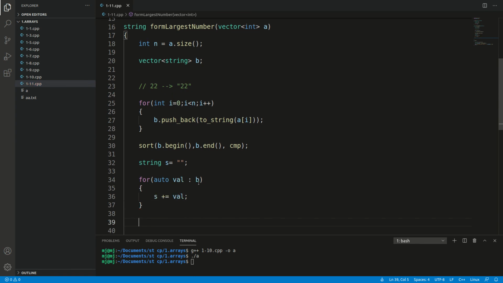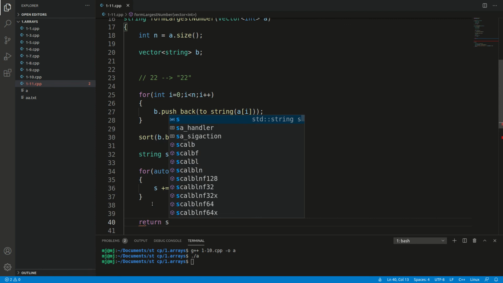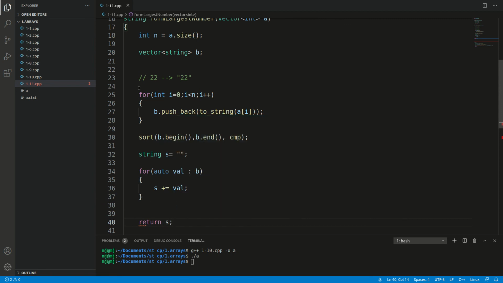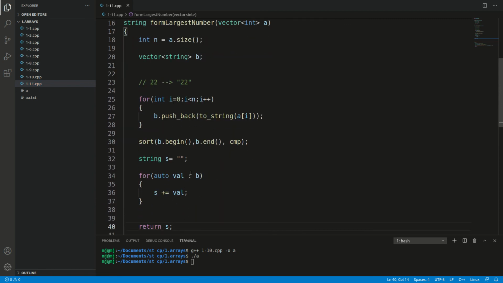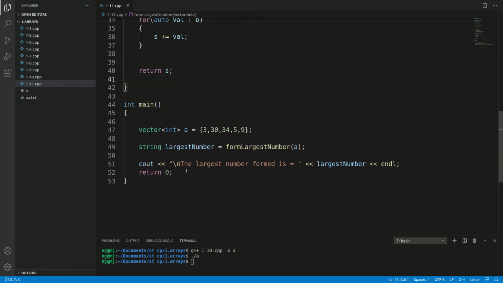We are looping over each element of the vector b and appending it to the string, and finally we return that string. Let's confirm the return type is string and we are returning a string. This should work. Let's have a look at the output.